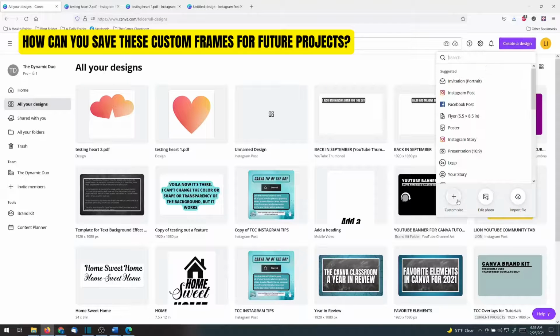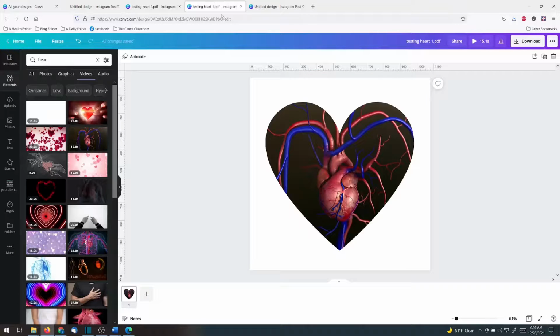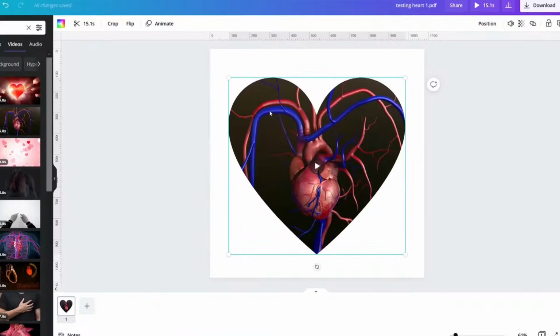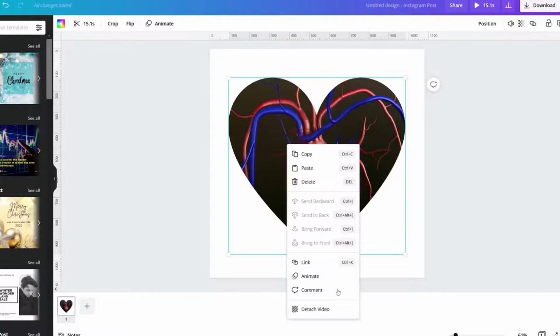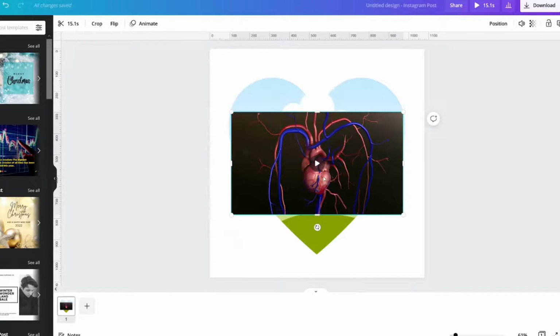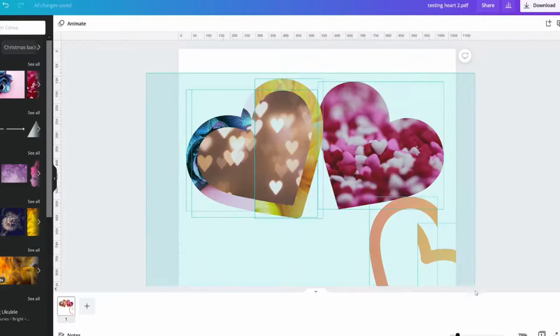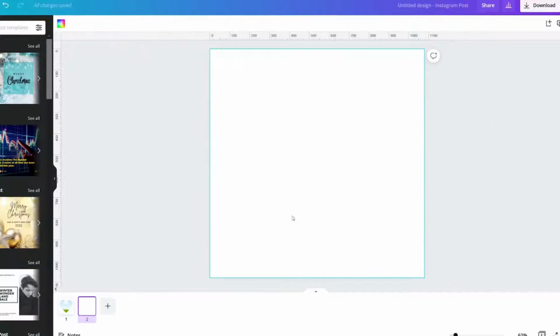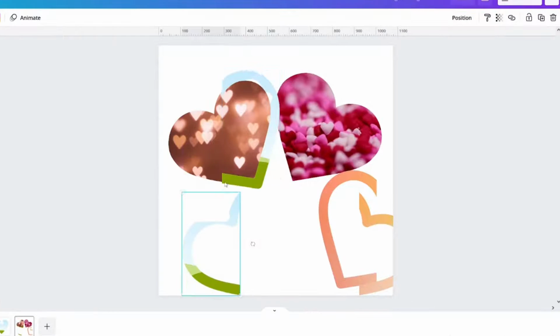You create a design that looks like this. Custom size. And we're just gonna make all of them 1080 by 1080 Instagram post. And so here's this one. We would put that one there. Detach video. So then there is a frame that you could use. We'll take all of this. And now you've got a document with your frames